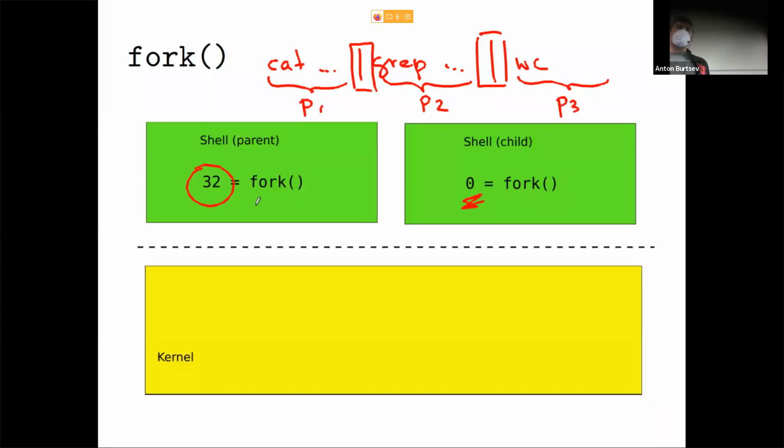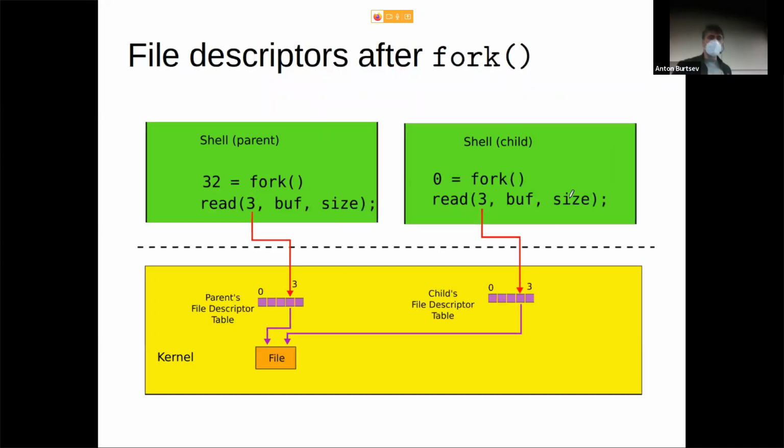And the shell will start: okay, I will fork and I will create, for example, P1. The order might be different because it depends on implementation. Maybe you will create P3 first, right? But it doesn't matter. The idea here is that the shell is still running in a parent shell, which implements the command prompt, right? And in a child, let's assume it's P1, so it's a cat, right? It's not yet a cat, it's still a shell, right? And that gives you power. It gives you power to essentially create